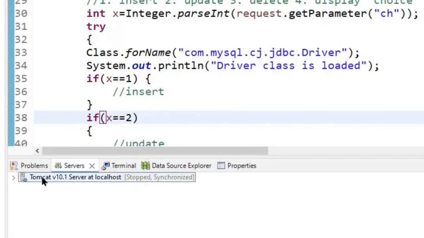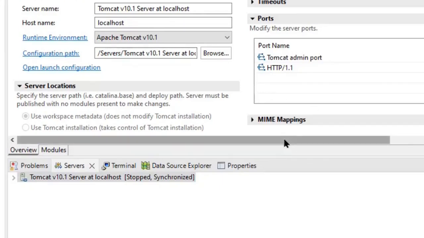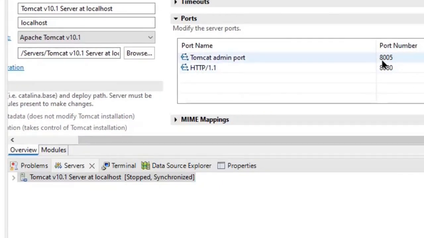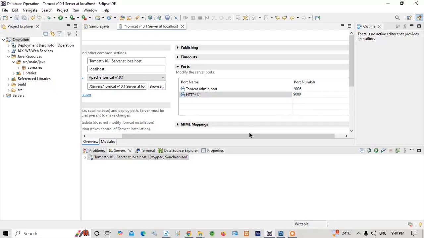For that, what I will do, under this server, you will be able to see this option, Tomcat server. I will double click on it, and then here you can change the port number. Here you can see the port number like 8005. Instead of that I will say 9005, and here also I can change this port number, it is 8008, so I can make it 9080. Then let us save it,